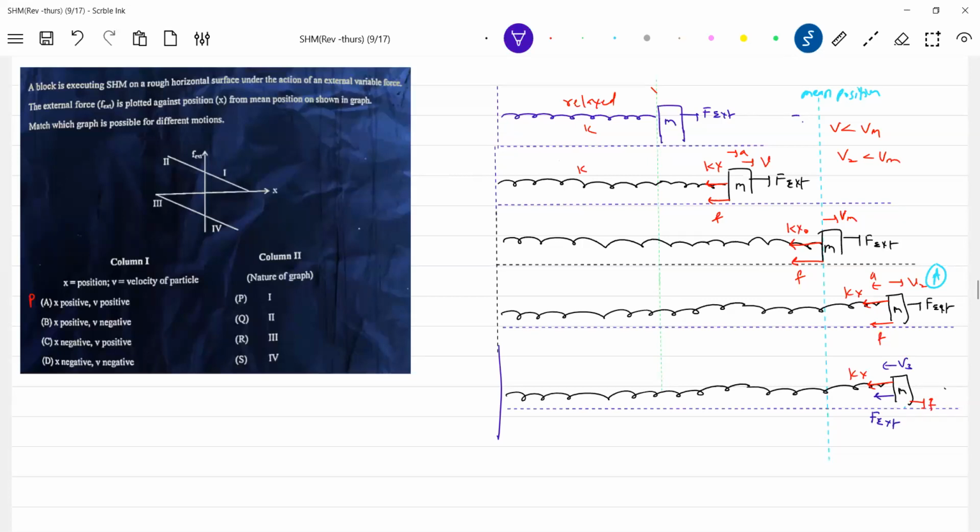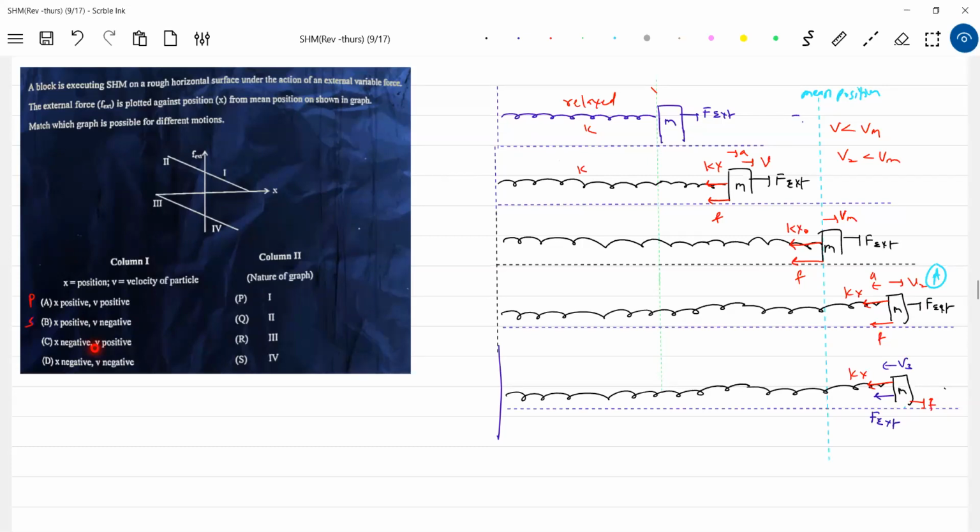Sir. See, based on the diagram, you have to check it, you know. Somewhere what happened, this will be the mean position. So it will undergo retardation, comes to rest. Again, I'll start applying the force towards left. Okay, it'll come to mean position. Then S will come. Yeah. Next again, X negative, V positive.